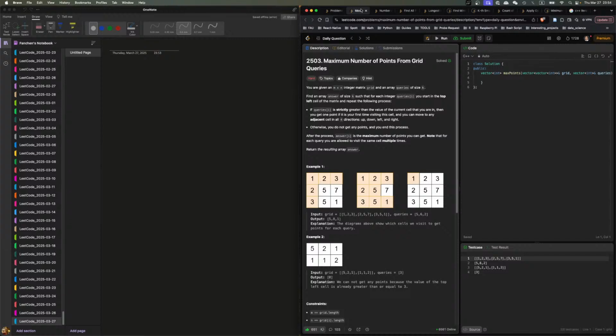Max number of points from grid queries. We're given an m by n integer matrix and an array of queries. Find an answer array of size k such that for each integer queries[i], you start in the top left cell of the matrix and repeat the following process. If queries[i] is strictly greater than